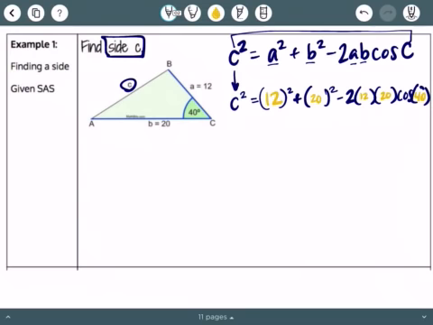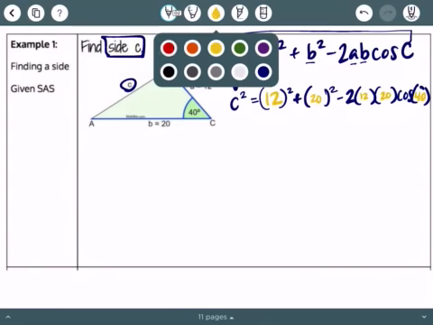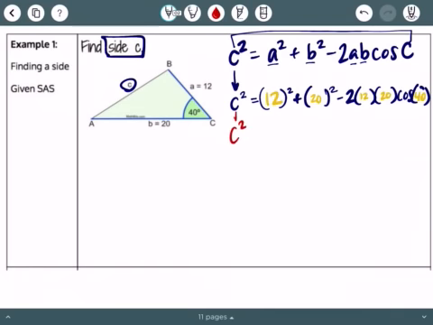So I can do a lot of these pieces on my calculator. Here, C squared is going to come straight down. I'm going to do this part. 12 squared is 144, plus 20 squared is 400. And then I'm going to put my minus sign, and on my calculator do 2 times 12 times 20 times cosine 40. And that gives me a pretty crazy number, all of this together,